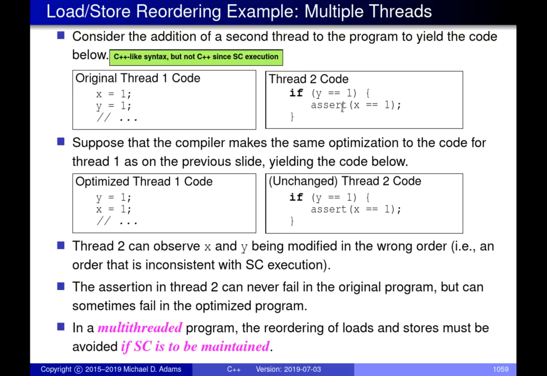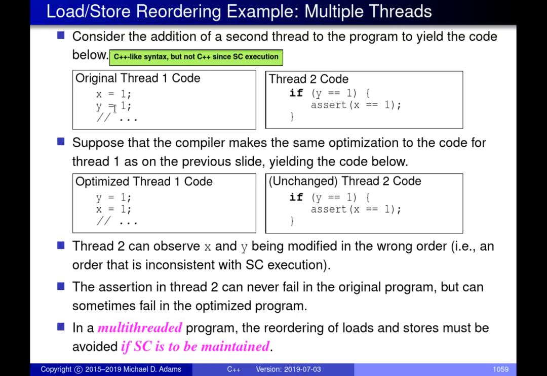There are various different combinations of how we can interleave things, but for example, maybe we execute both of these lines from thread 1 first, in which case x and y are set to 1. Then we start to execute the if, and we check if y is 1. Well, it's 1 because we just set it to 1 in thread 1. Because it's 1, we go into the assertion, then we assert that x is 1. Well, x is 1 because we already set it to 1. And the only way we can come into this assertion is if, before we hit the if, this thread set y to 1. Otherwise, the assertion can never be executed.